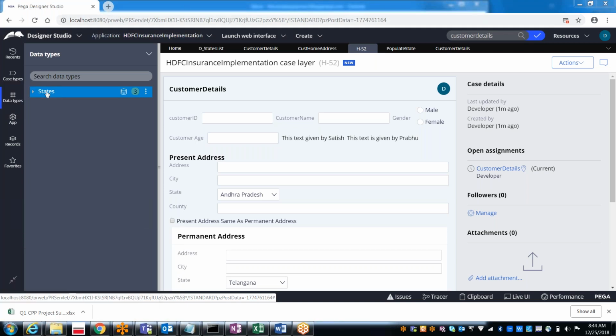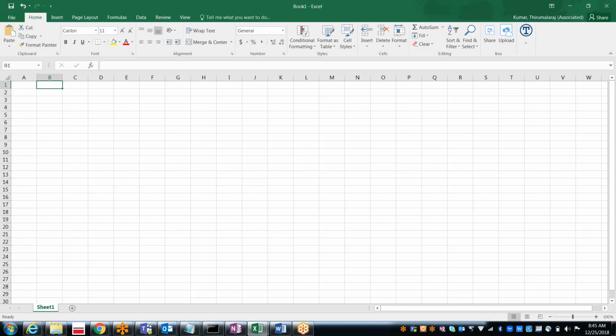I would like to show you the Excel sheet, how exactly it will be there. For example, the states data type contains state ID and then state name. For Telangana, I would like to give TG.